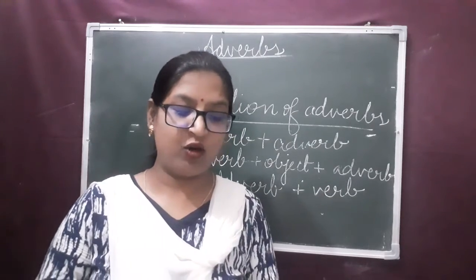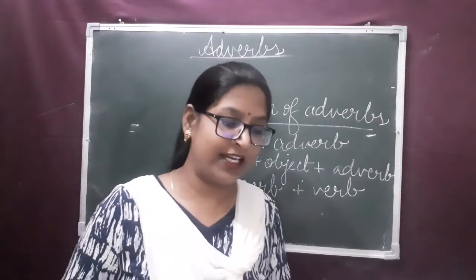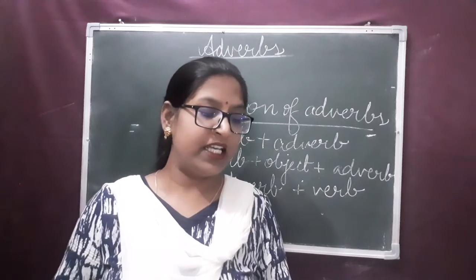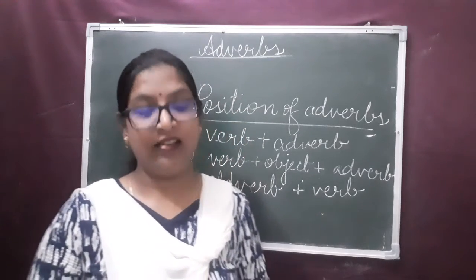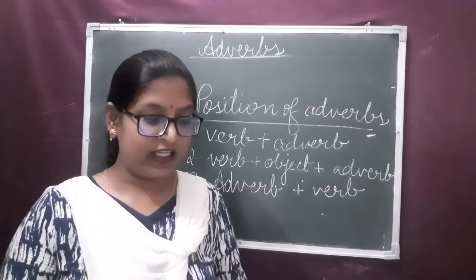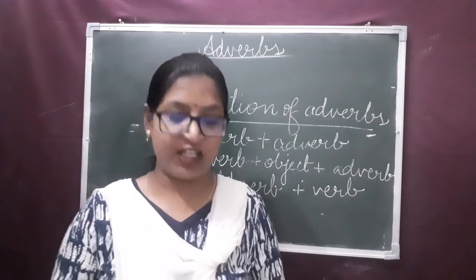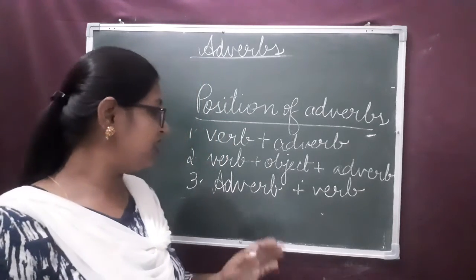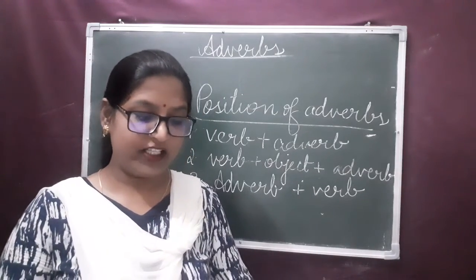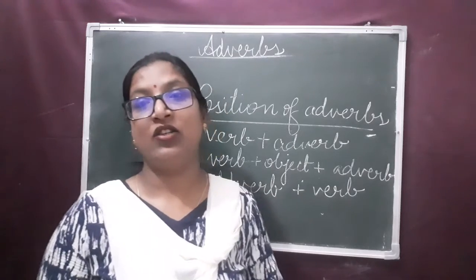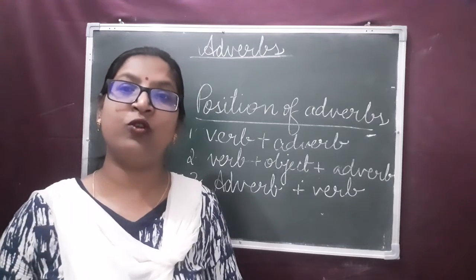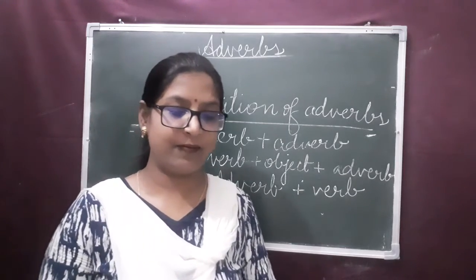Adverbs of time like always, before, never, often and seldom are placed before the verb. For example, he seldom makes a mistake. Makes is a verb. Seldom is an adverb. It is the adverb of time. So, in this case, the adverb comes before the verb. He always tries to help him. Try is a verb. Always is an adverb of time. It comes before the verb in a sentence.